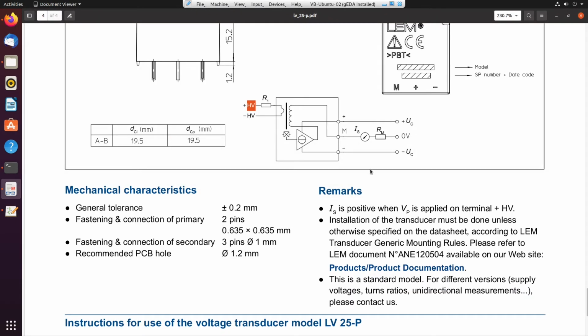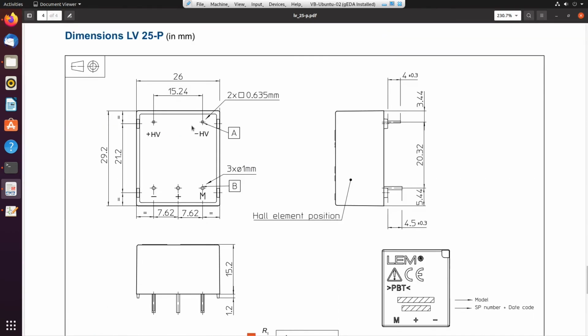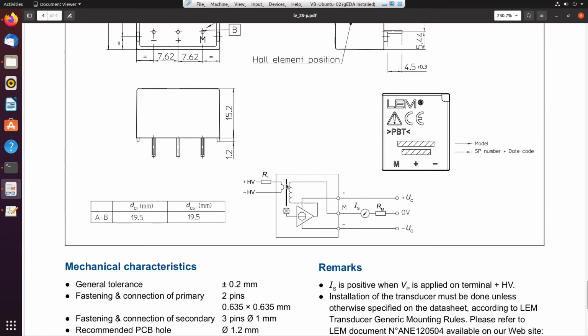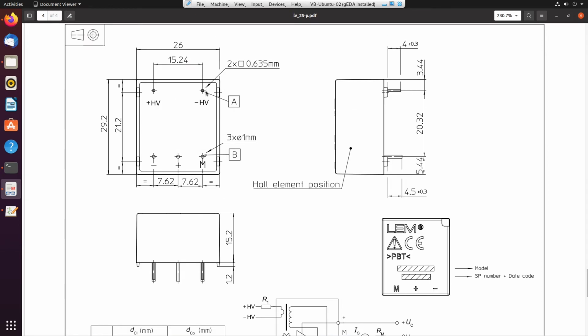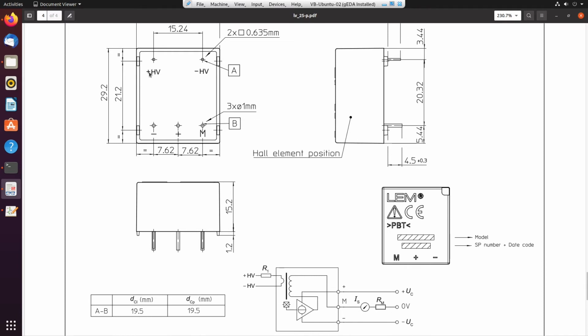HV plus, HV minus. In fact, let's follow this notation. So it's plus HV, minus HV, and then plus, minus and M. What I would do here is change two things. First of all, I don't want to start the pin label with a symbol. So instead of plus HV and minus HV, I'm going to say HV plus and HV minus. And as for these pins, again, I don't want to call them minus and plus, just a matter of preference. I'm going to call them V plus, V minus, and M can stay